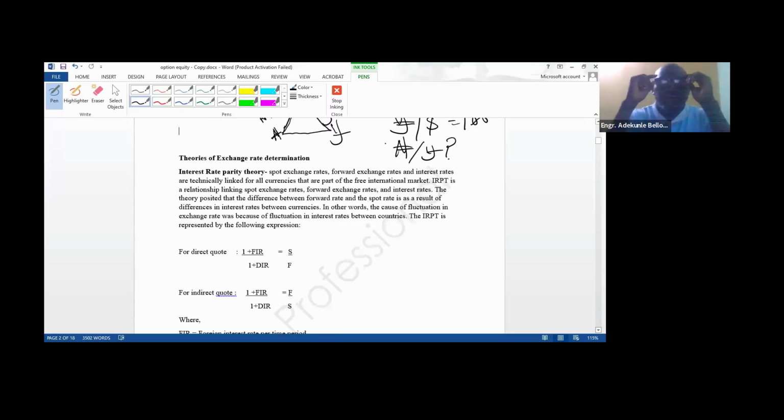Theories of exchange rate determination. What are the theories of exchange rate determination? The question we are trying to address here is,